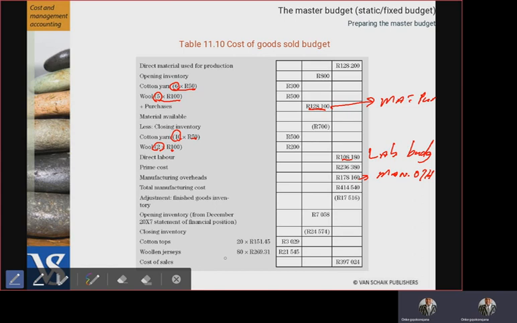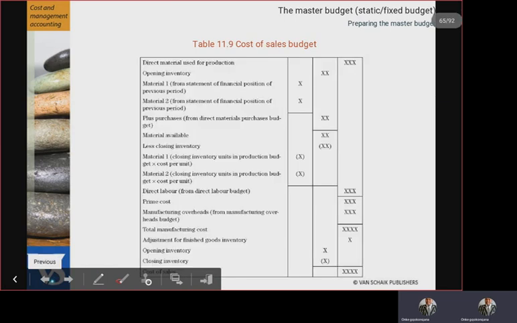For your closing inventory, we are given here 20 and 80 units times the 151, 3,029, 80 times 269, 31, then it gives you that 21,500. So you've got a total of 24,574. One will say, why the need to redo the calculation, but it's a matter of showing it